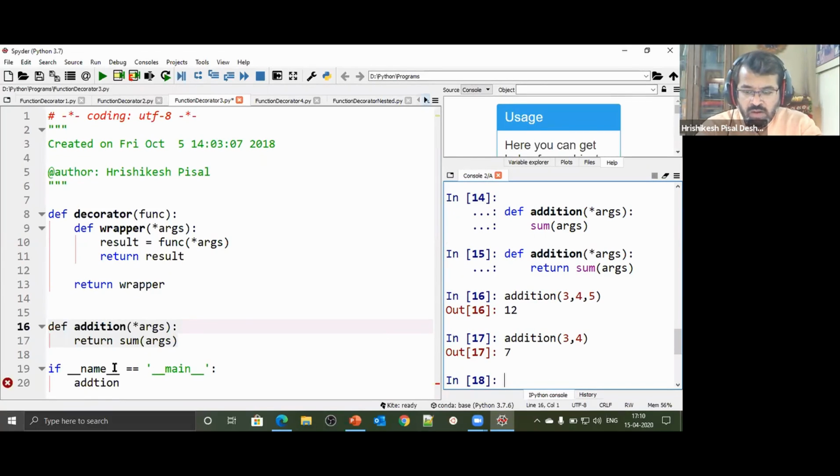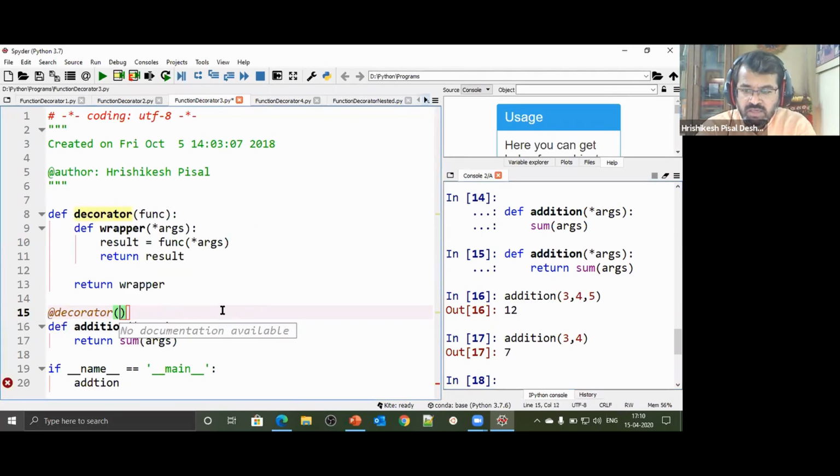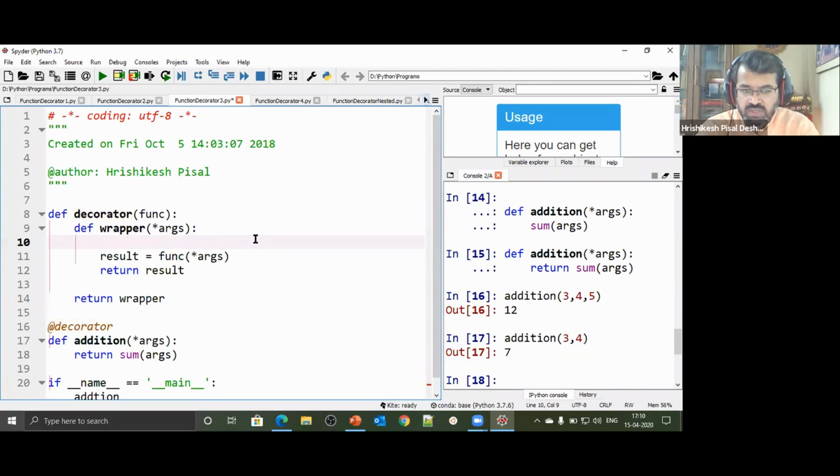Now, if I decorate this with @decorator, so that's a decorator that I have. With this decorator, I'm going to decorate this particular function. And in this function, whatever arguments we have, we'll carry out some kind of changes on those arguments.